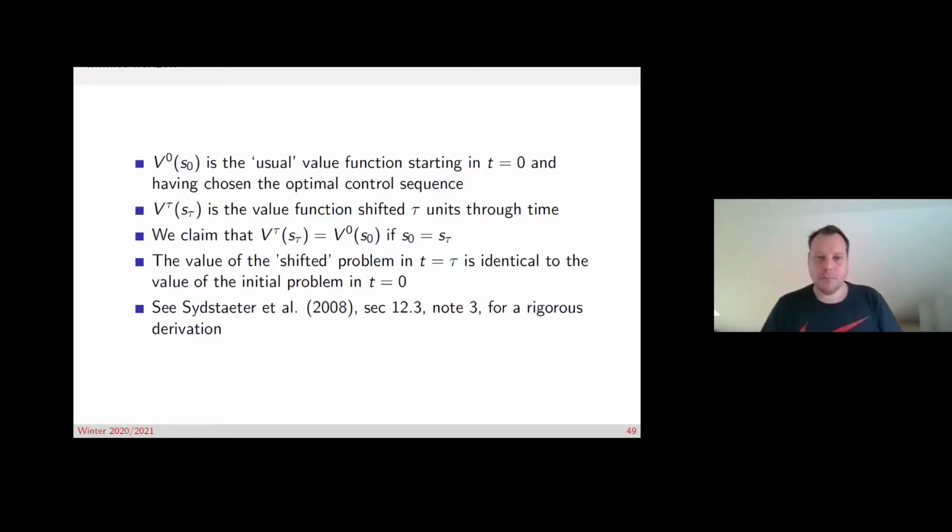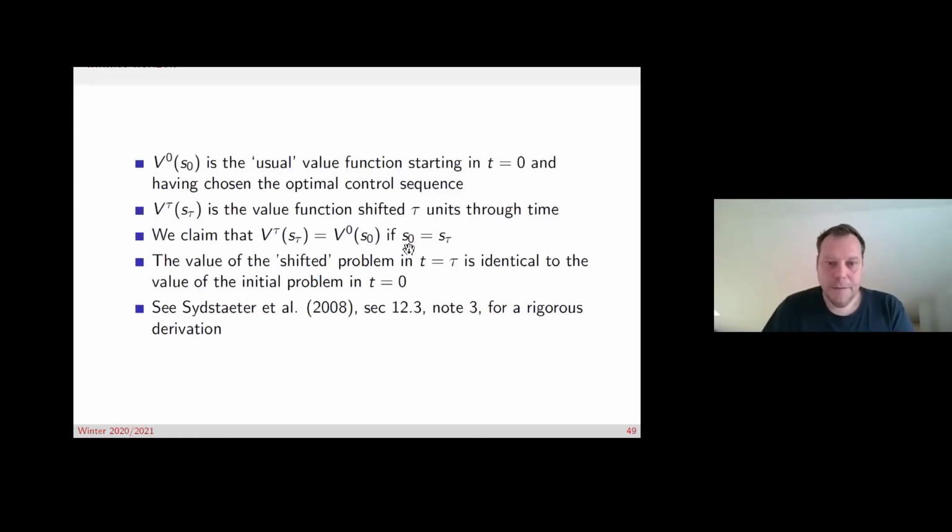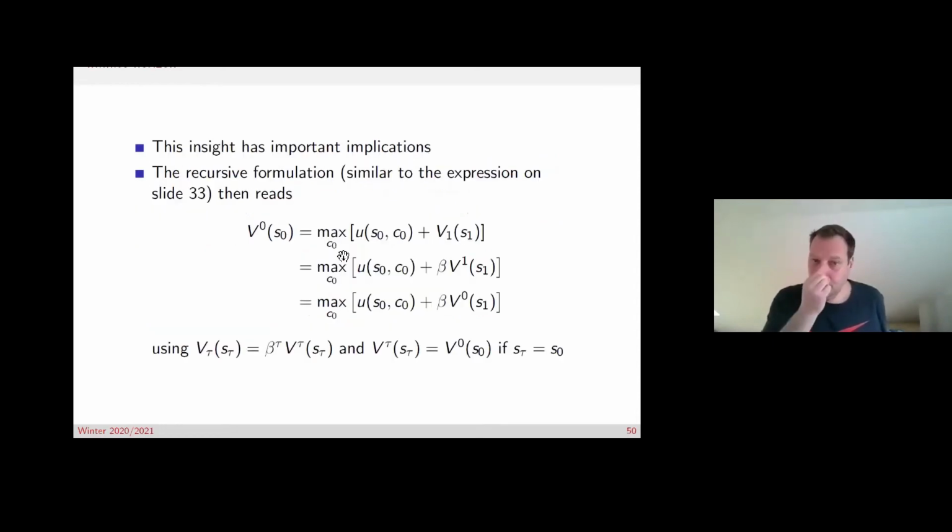Okay. And what you then do is you use basically this claim and this definition, to show that the value function we've worked with so far, that we've derived so far, is the same. So the functional form, so to say, is the same for any period in time. Okay, and this is what I want to show real quick.